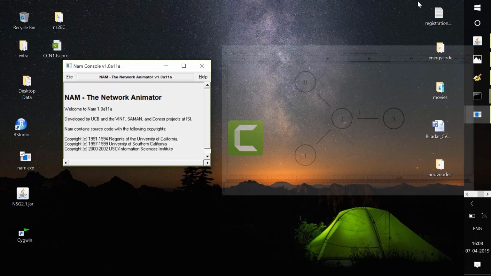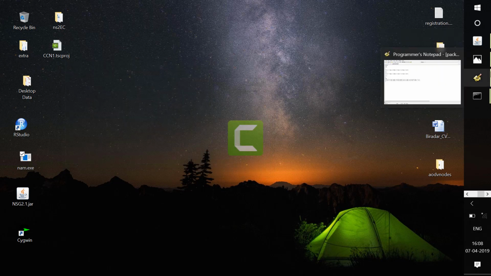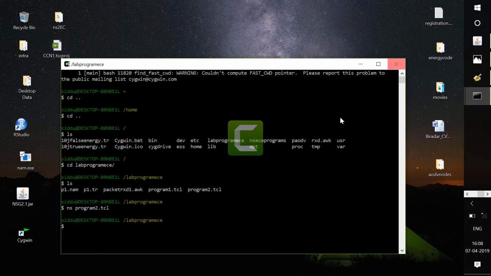Let's see the AWK script result. Right, here I will run the AWK script file. awk -f, what is the file name of the AWK script?